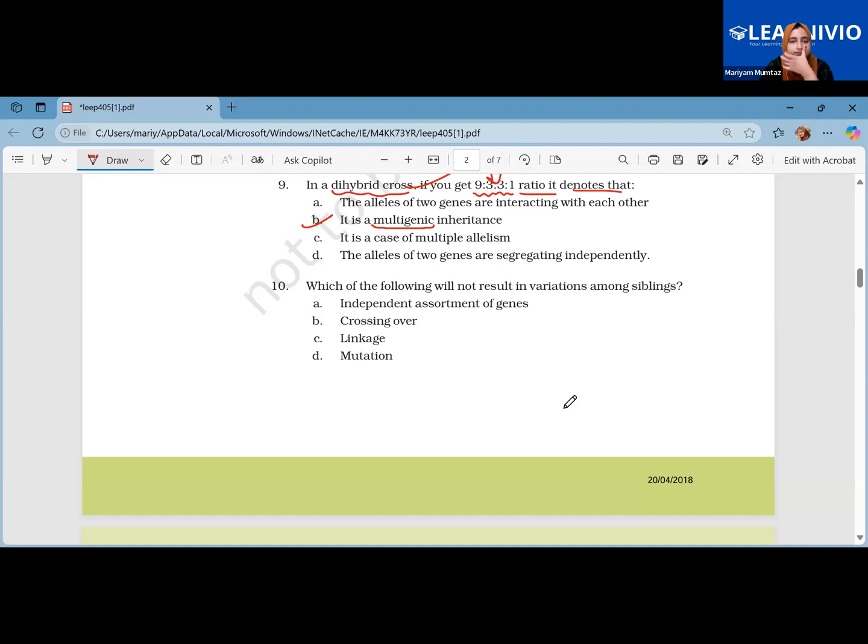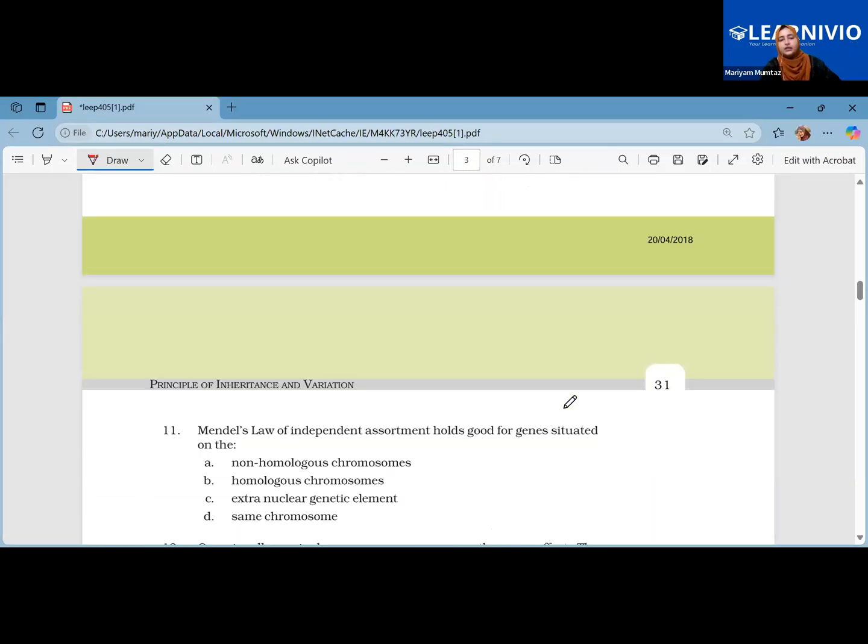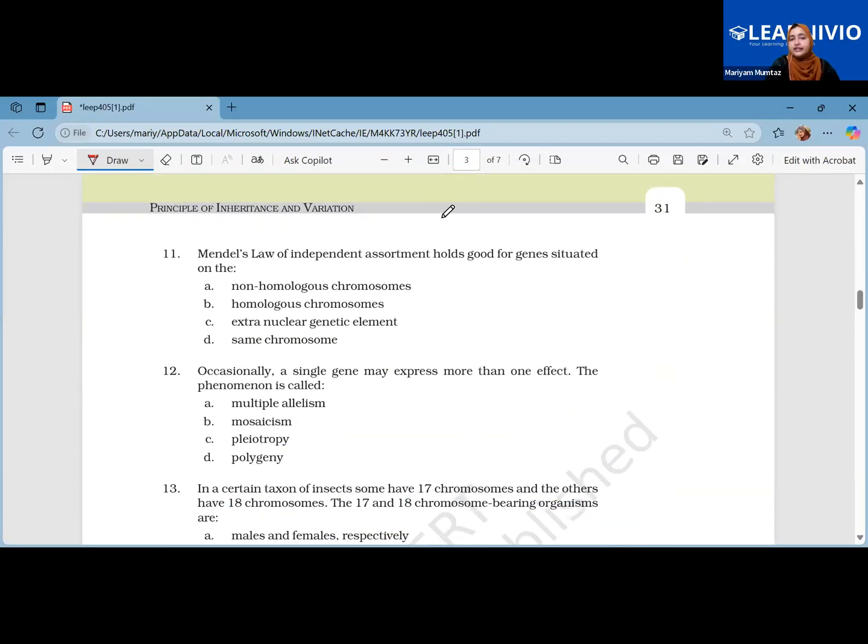Yeah, but apart from that, independent assortment will definitely result in variation. Mutation is the cause of variation everywhere. But when we talk about crossing over, that also leads to variation, right? The exchange of genetic material. Very good. Okay, Mendel's law of independent assortment holds good for genes situated on the